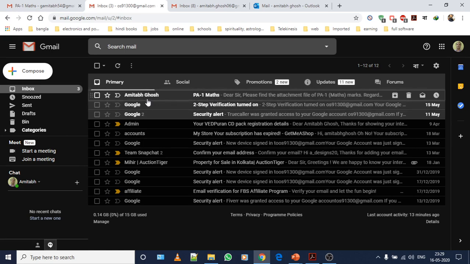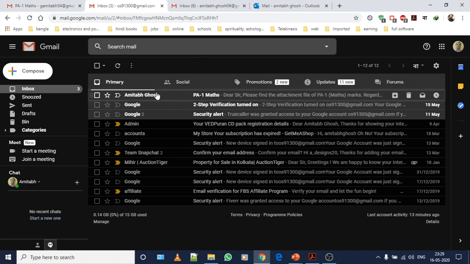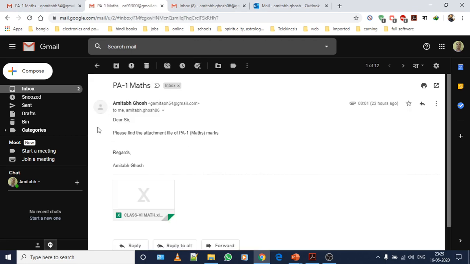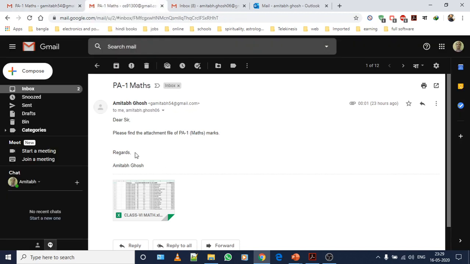And who has sent the mail? The mail ID of the sender is being shown over here. You see, the mail ID is also reflecting over here. So if you open this mail, you will find the same message as you have seen at the recipients. See, there is no difference.